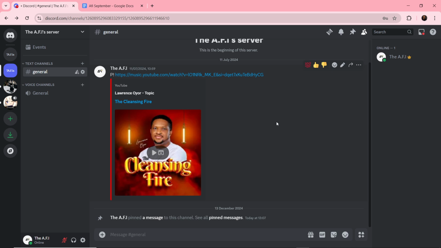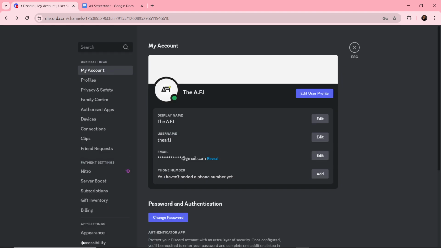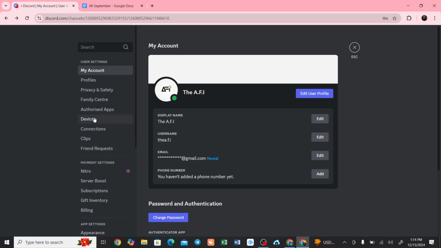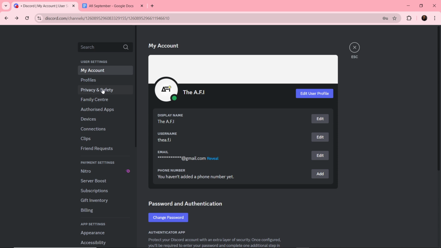The first thing to do is to open your web browser and go to Discord web at discord.com. Then log in with your Discord account credentials. Once you're logged in, in the bottom left corner of the screen, go ahead and click on the gear icon next to your profile picture to open the user settings. In the left sidebar of the user settings, scroll down and click on Privacy and Safety